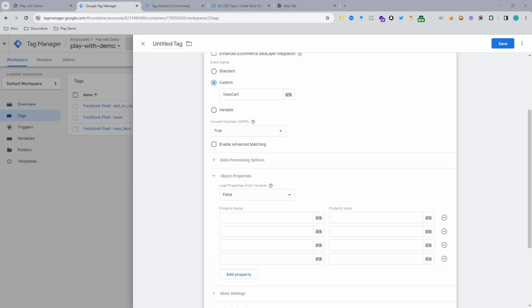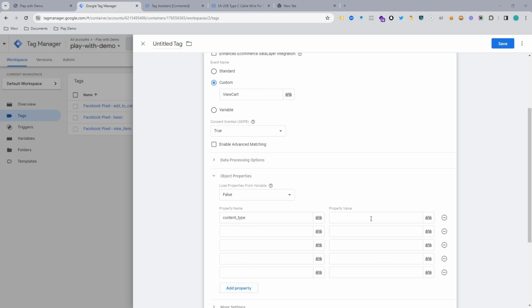For example, we need to send Facebook the product name, product id, content type, etc. So we just need to make 5 standard event variables, like content type,